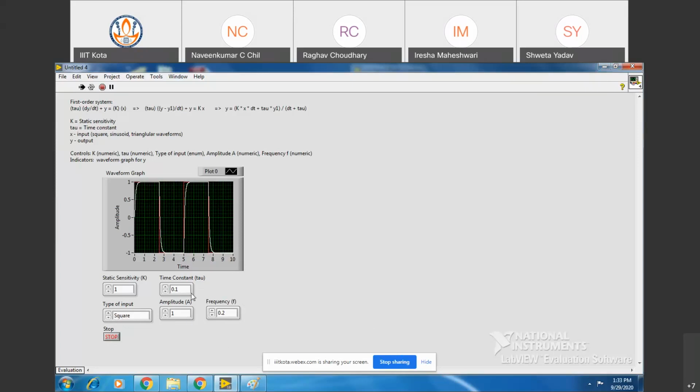Then let me change the value of the time constant. What will happen if I increase the time constant? But it has become sluggish, na. The circuit, the system will become slow. Yes, if I increase the time constant, it will. Now could you see it is not reaching the final value in that time? Yes or no? What is the final value? 1. And if I make it very large,